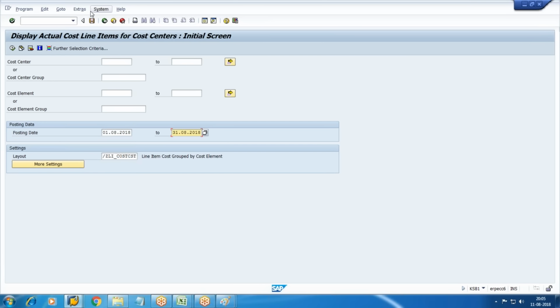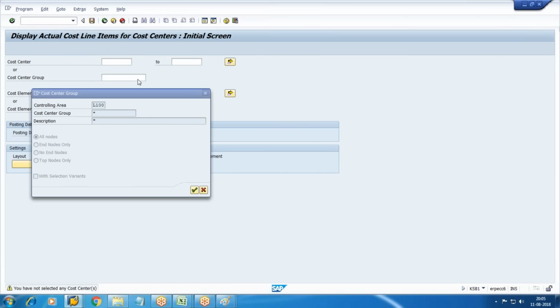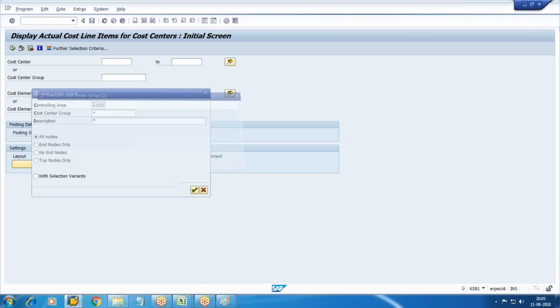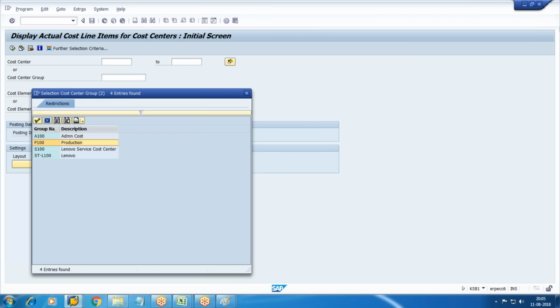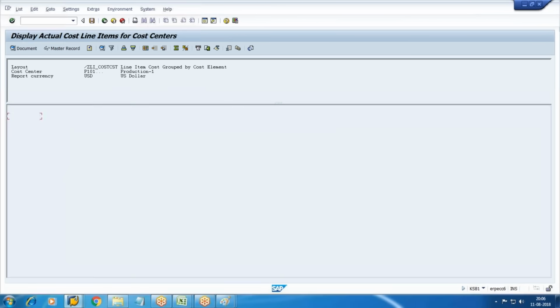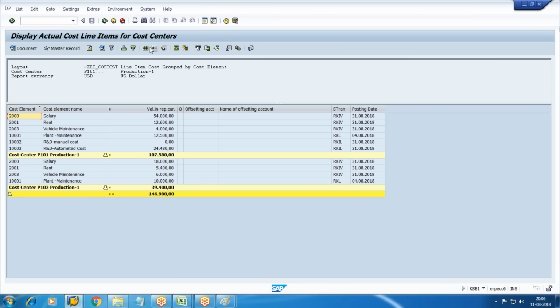We can activate both cost as well as quantity. Some scenarios are there. I'm taking the production cost center, and you can see in certain area we have